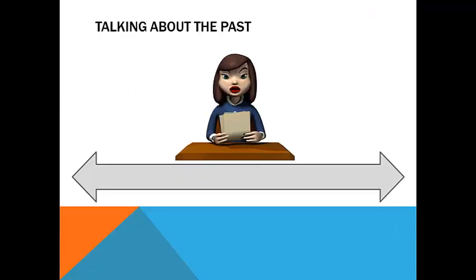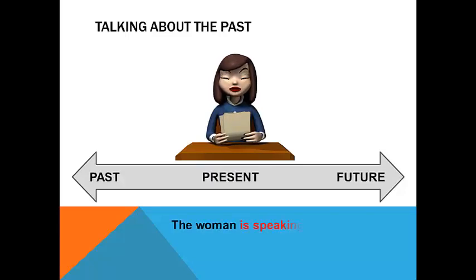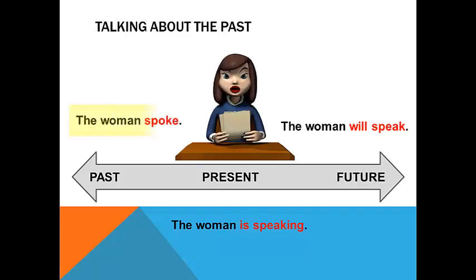When we talk about the past, let's remember one thing. First of all, we use the verb. Also, we change the verb in relation to the tense that we're talking about. For example, when we talk about the future, we use auxiliary will. When we talk about present continuous, in this case, we use verb with ing. But when we talk about the past, we change the verb into the corresponding form of the verb in past simple. For example,